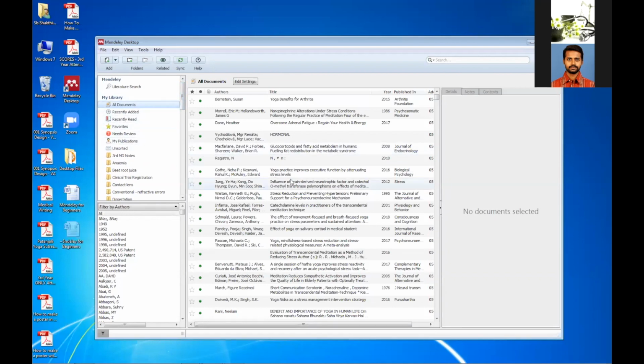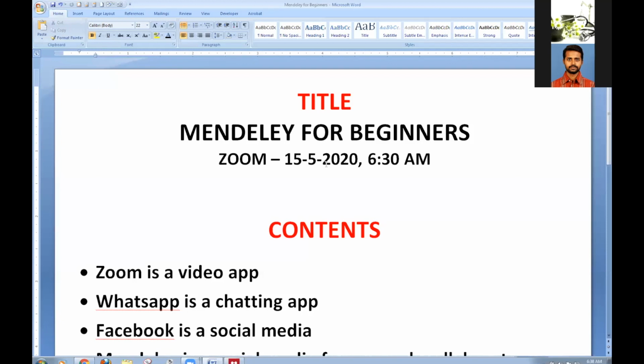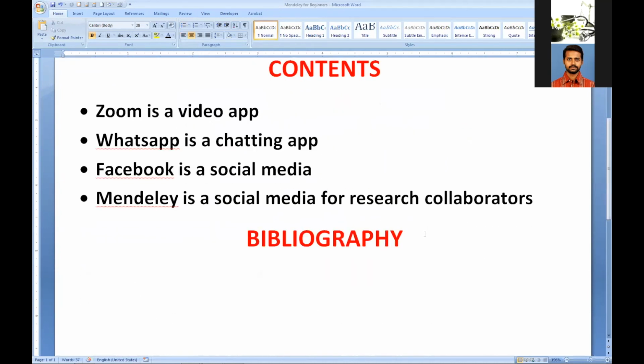And basically, we want a software like this for a paper. For example, they give you a synopsis or they give you a research topic, and in the document you write your title. So this is the title today. And after that, we have some contents. We have some headings, we have some contents. At the end, we have something called bibliography. This is the part where it is very difficult because the references should have a specified format, and that's what this Mendeley is going to do.